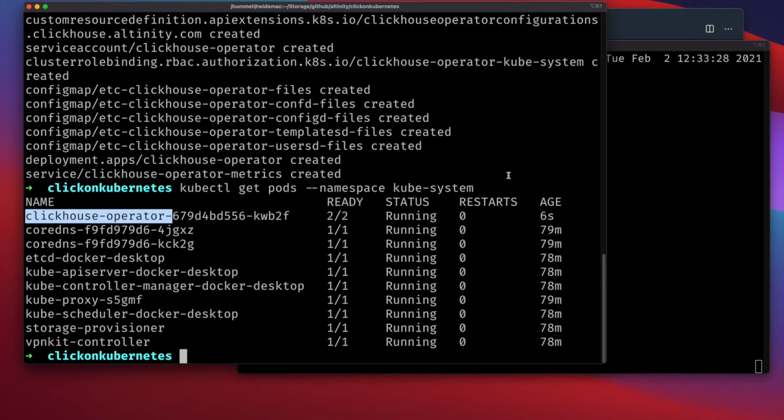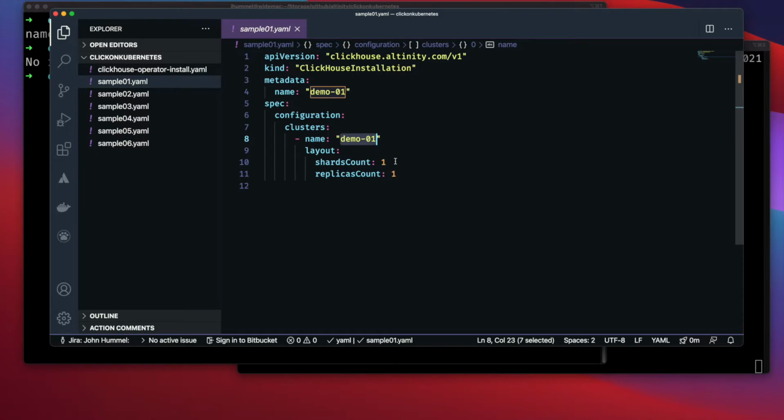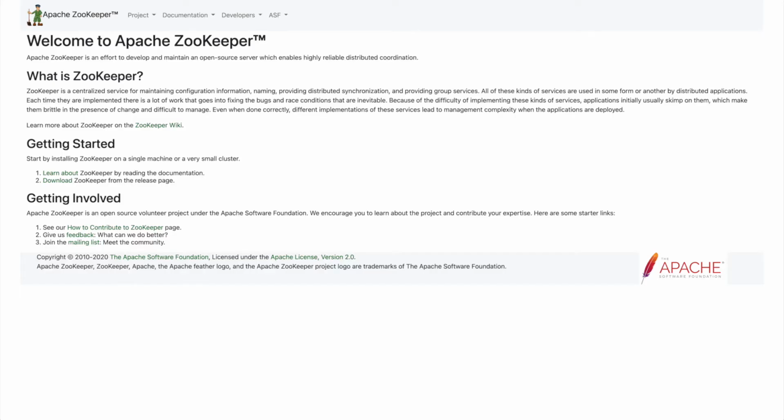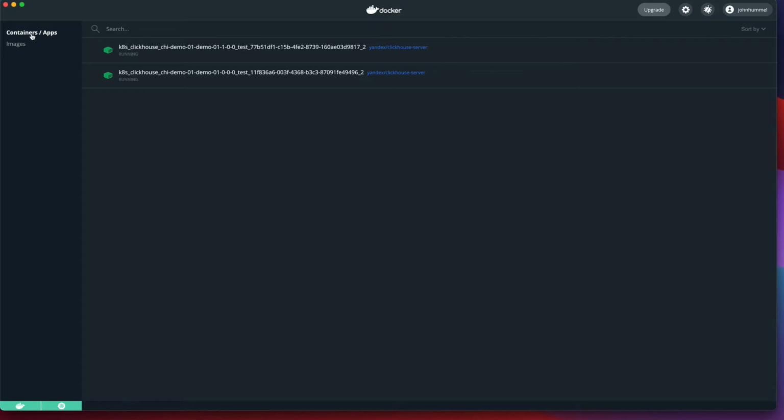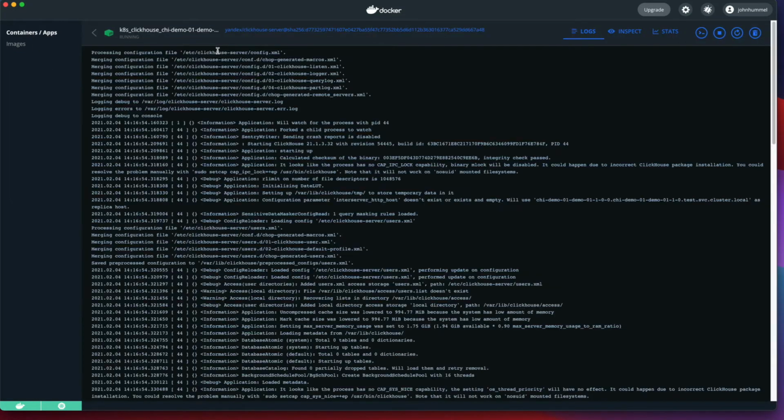To recap, we've shown how to install the ClickHouse operator into your Kubernetes services and how to create a simple cluster with 1, 2, or more shards. You can make as many shards as you want, but this time, we're going to demonstrate how to set up replicas for your clusters. As of this time, Zookeeper is required for cluster replication with ClickHouse and Kubernetes. The ClickHouse operator does not manage the Zookeeper. That's all done externally. The steps are included here so that you're aware of how to do them.